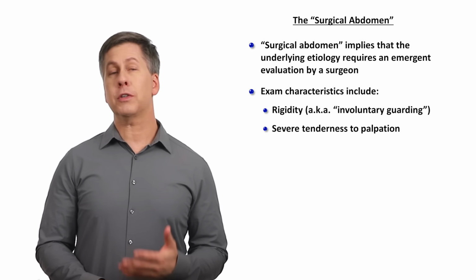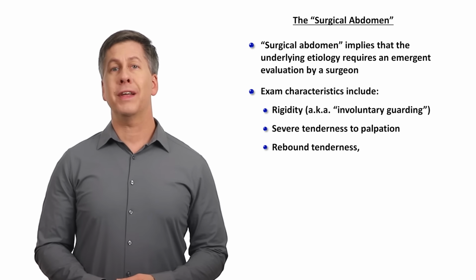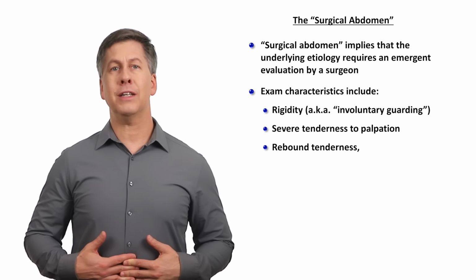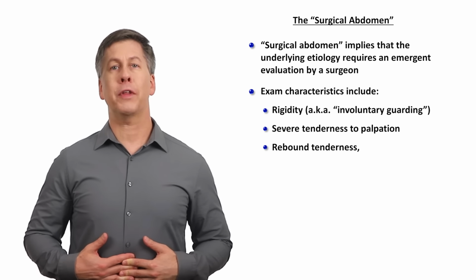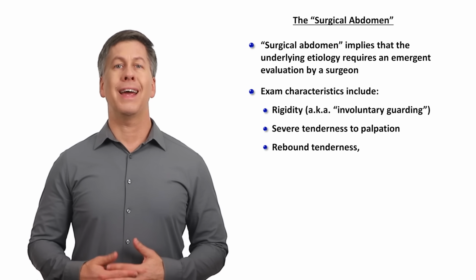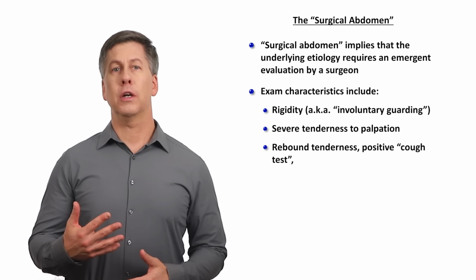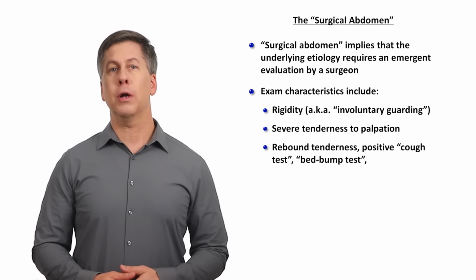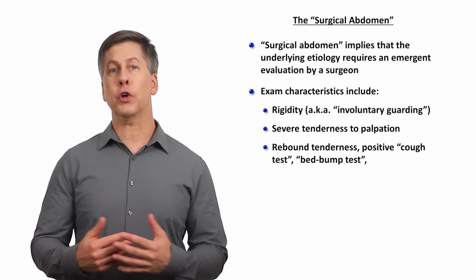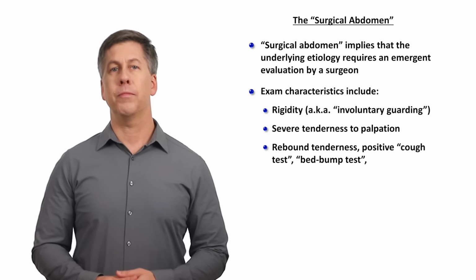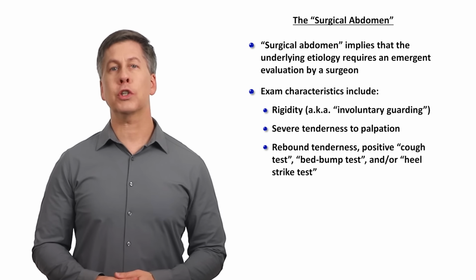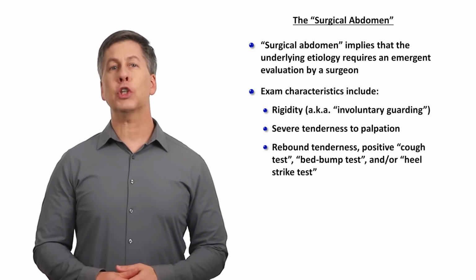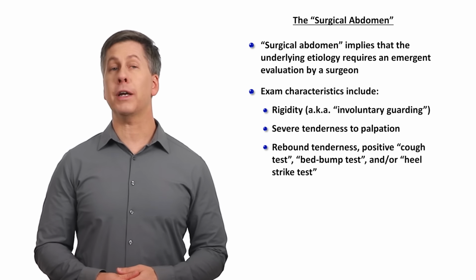Signs of peritonitis, known as peritoneal signs, include rebound tenderness. This is the finding that pain caused by slow abdominal pressure applied by the examiner's hands is not as severe as the pain caused by the quick release of that pressure. It includes a positive cough test, in which pain is worsened by coughing, the bed bump test, in which it is worsened by the examiner bumping the bed hard, which works best on a gurney rather than a sturdy hospital bed, or the heel strike test, in which pain is worsened by the examiner firmly striking the patient's heel. In ambulatory patients, the heel strike test can be done by asking the patient to stand and jump in place,